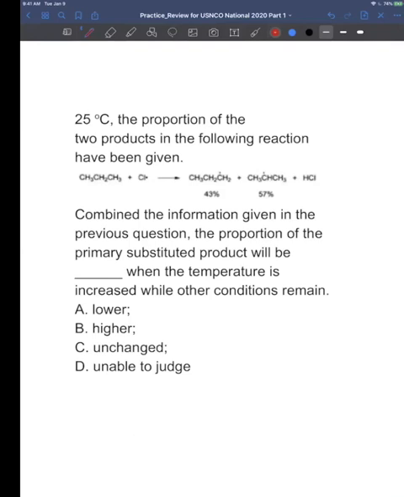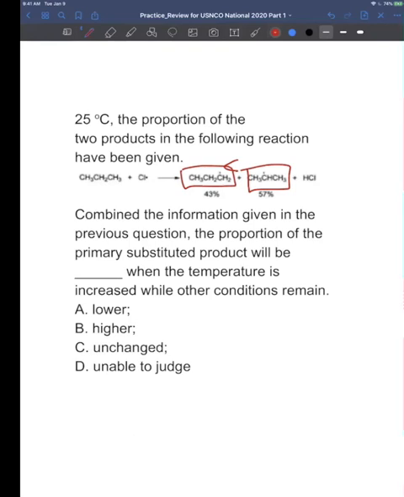Okay, let's briefly talk about this. Surprisingly, most students choose C, unchanged. This is incorrect. The correct answer is B. So the primary products will be higher. Why? First, obviously we know the secondary free radical is more stable than the primary free radical due to the